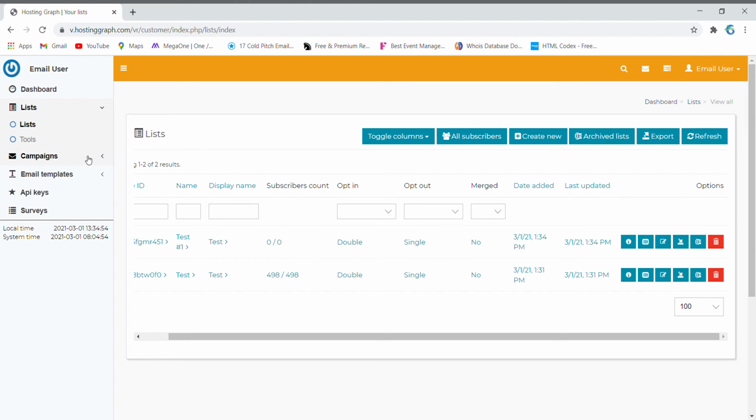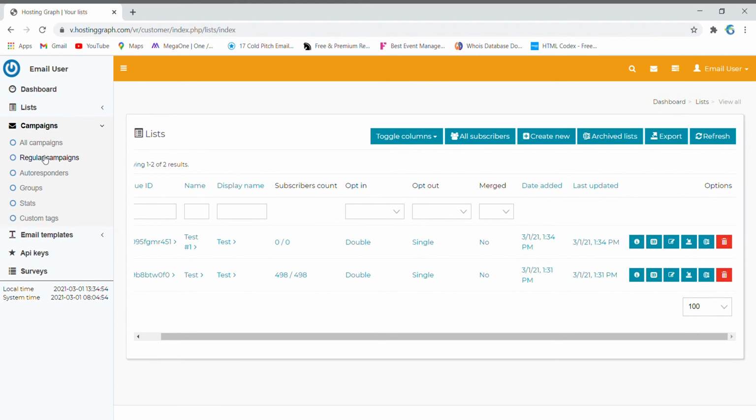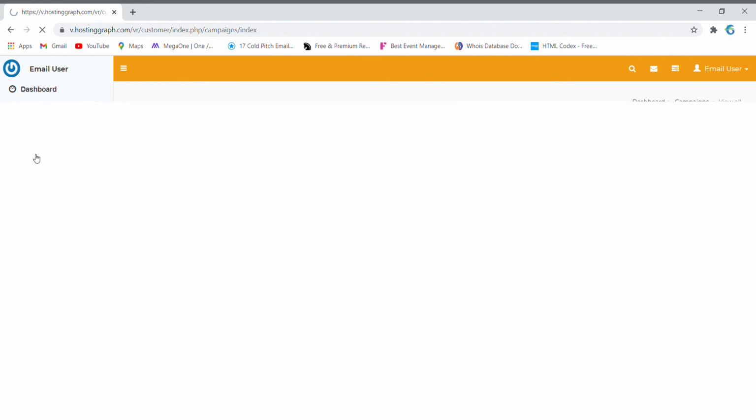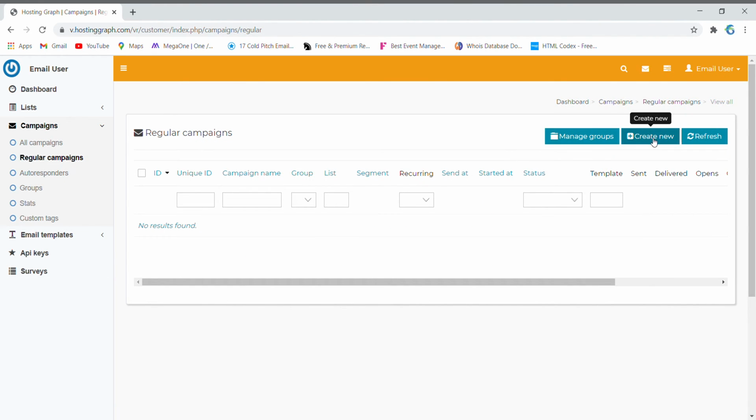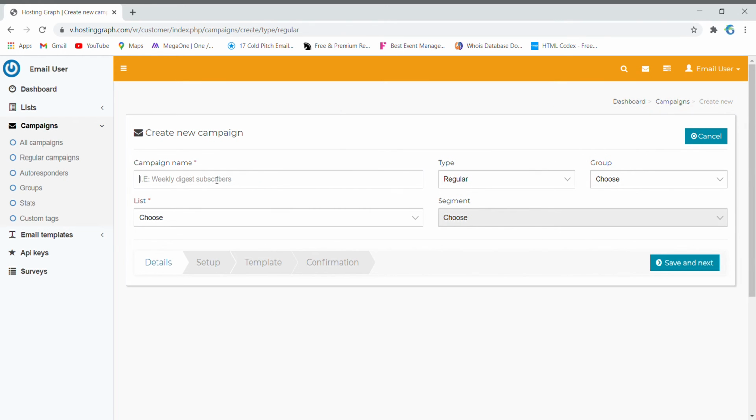Now we have to create a campaign. For that you can click on all campaign or regular campaign. If you click on regular campaign, the same option will open here for create new. Now put your campaign name.